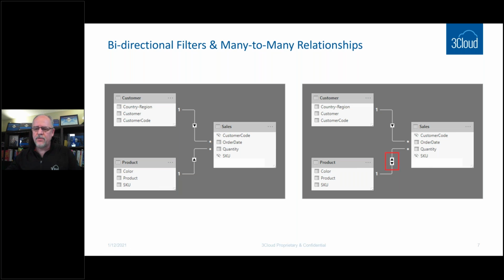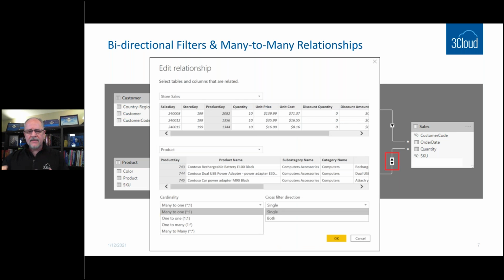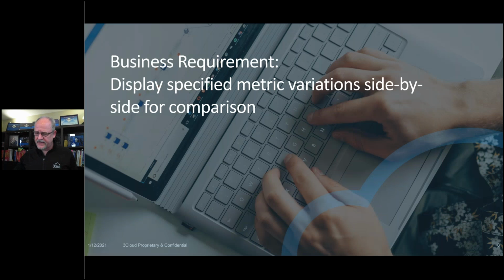Obviously, it gives you more functionality, but it's inefficient, because it takes more time and it creates more headroom within the data model. So if we took a look at the properties of that relationship, if you edit that relationship, you can see that here you can control the cardinality, and here you can control what's called the cross-filter direction or the relationship direction. I would just change that to both, and that results in achieving this particular requirement. Okay, now that's not the end all be all. That doesn't mean that that's always the right thing to do.